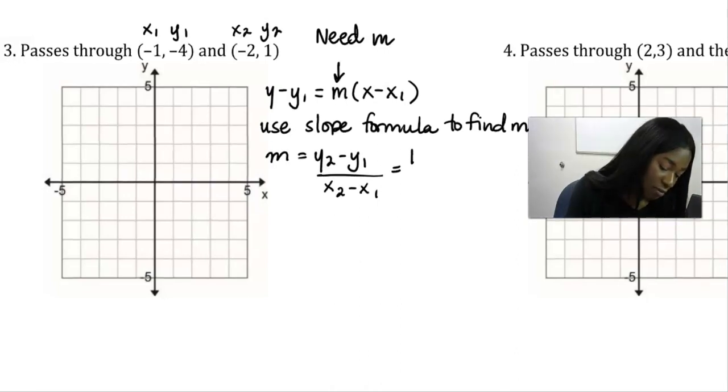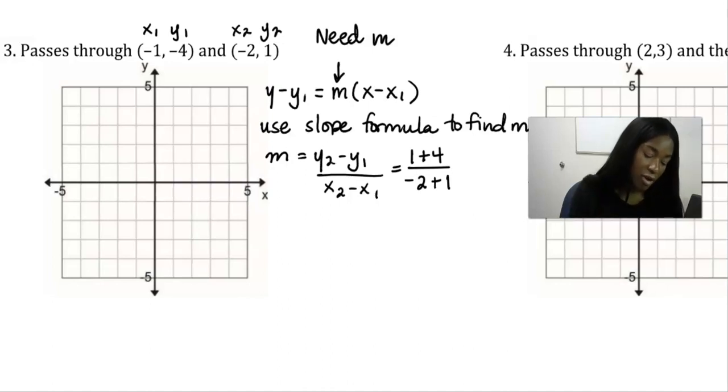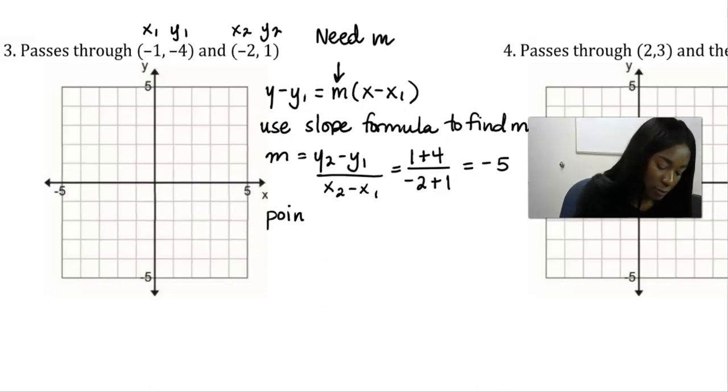So I have 1 plus 4, because I'm subtracting a negative 4, over negative 2 plus 1, because I'm subtracting a negative 1, which gives me 5 over negative 1, which gives me a slope of negative 5. So now that I know the slope is negative 5, I can write the line in point slope form